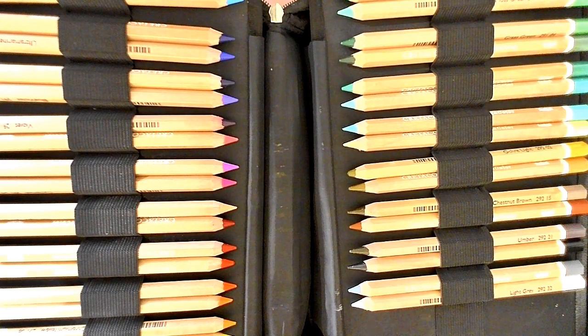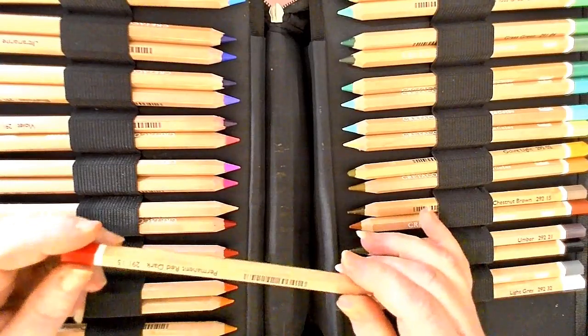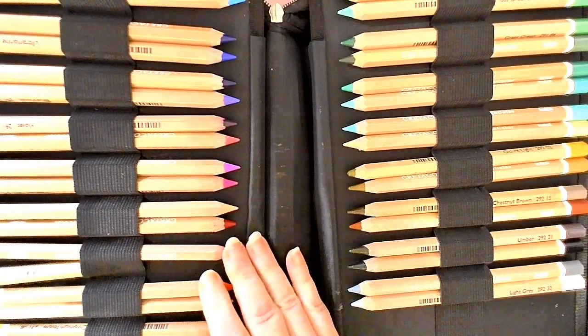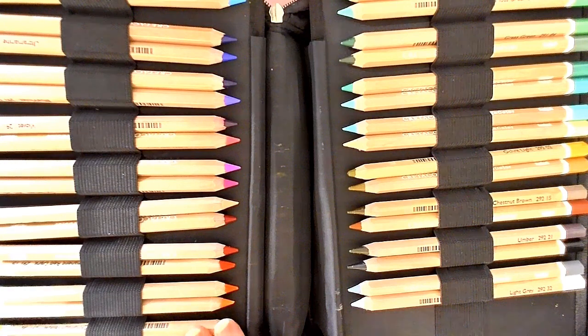Today is Collection Mania Monday and we are going to take a look at the CretaColor Mega color pencils. These are a big pencil. Typically I can fit 3 pencils in these slots and I can only fit 2. So these are beautiful pencils. They are a